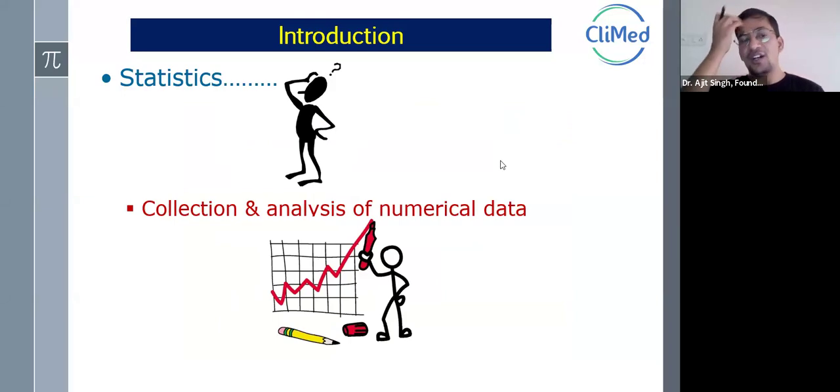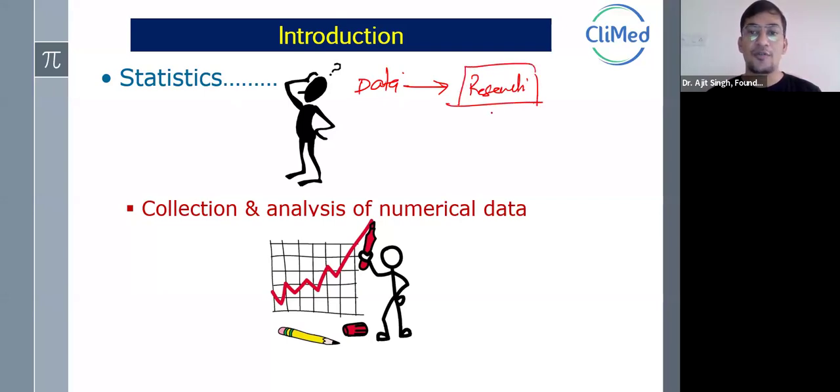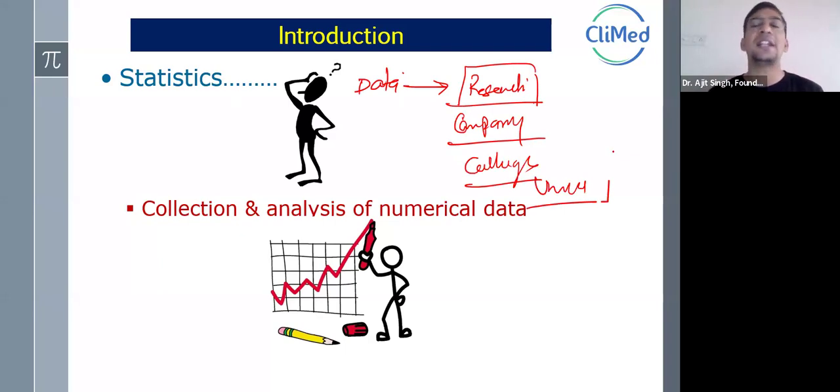So see, what is statistics first of all? Statistics is nothing but wherever we have data. Data means maybe from research, or from a company. Maybe company data, maybe college data, maybe university data. So we have the data. Data could be any type, numbers. So when we have numbers with us,